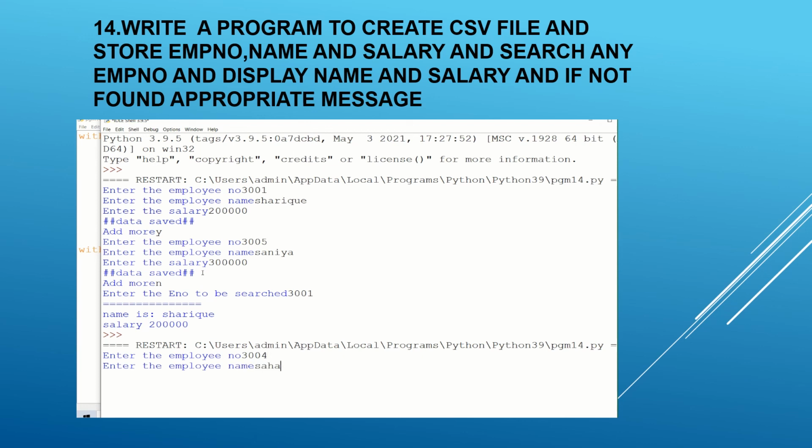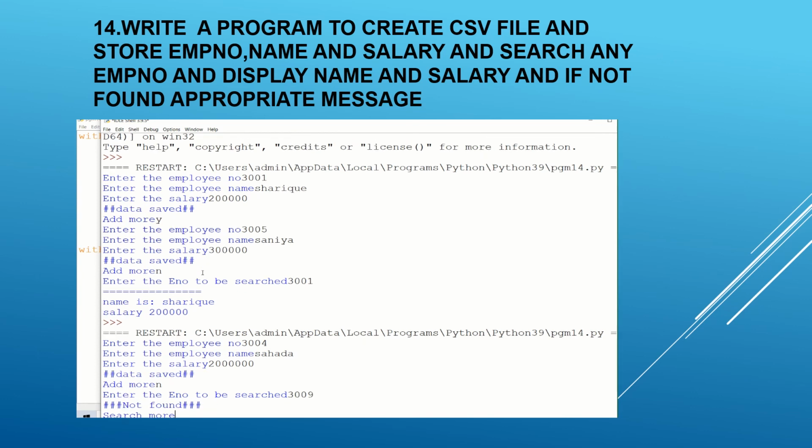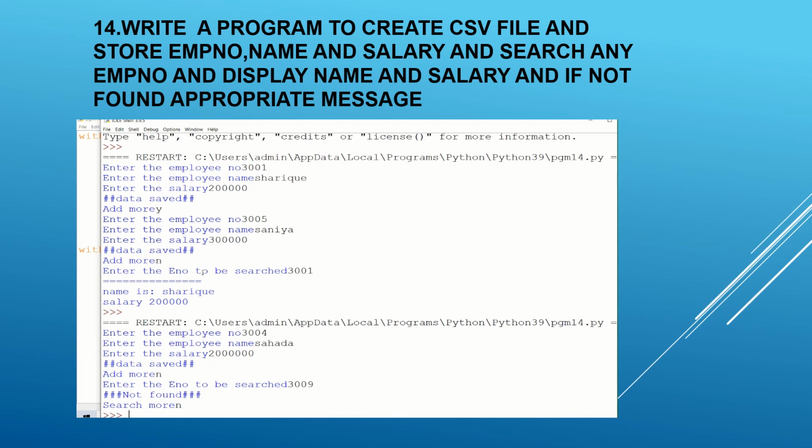Any employee number and name we can give. Another number we have given, 3009, was not there, so not found, and search more. If n is given, it will stop there.